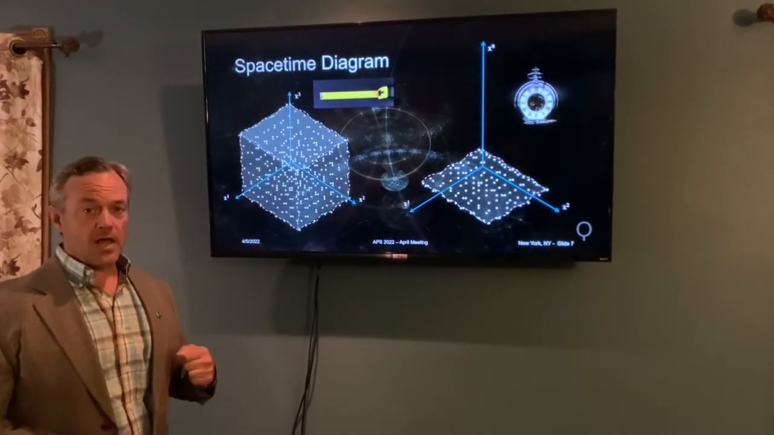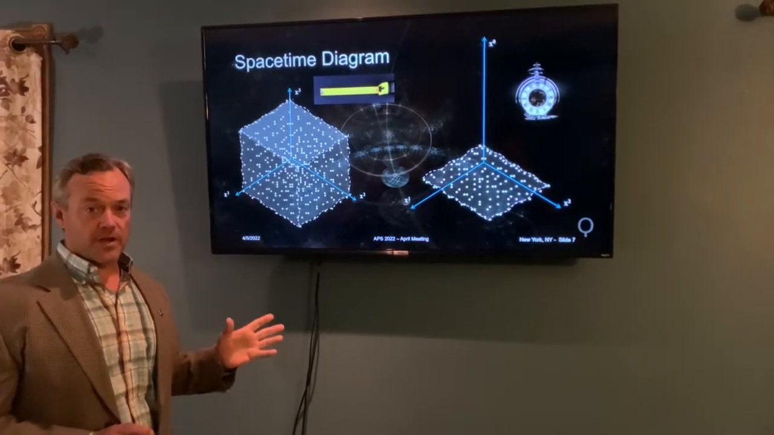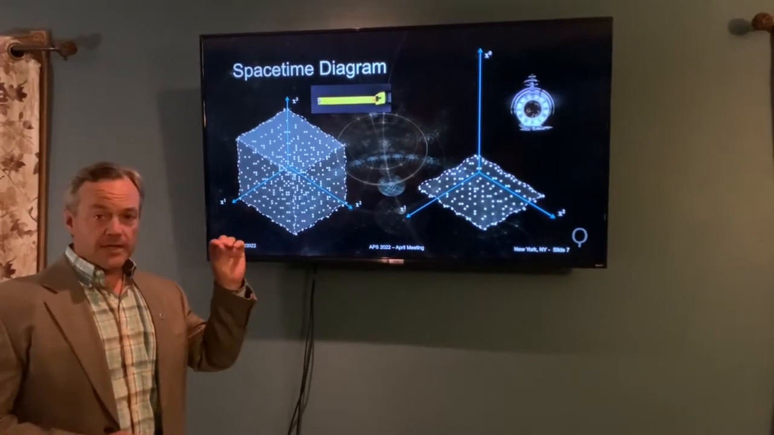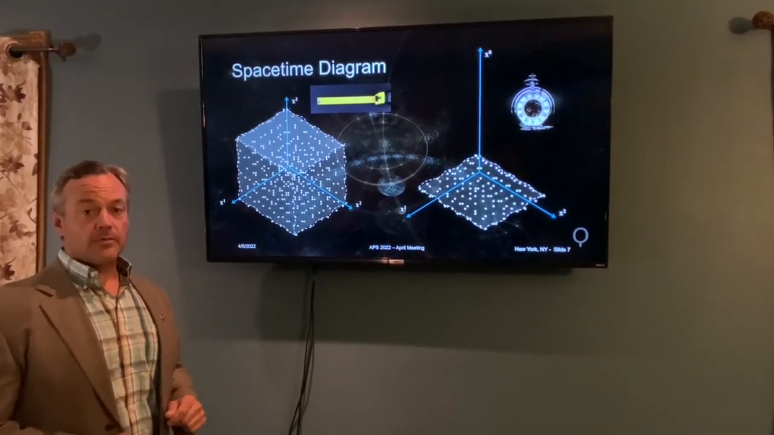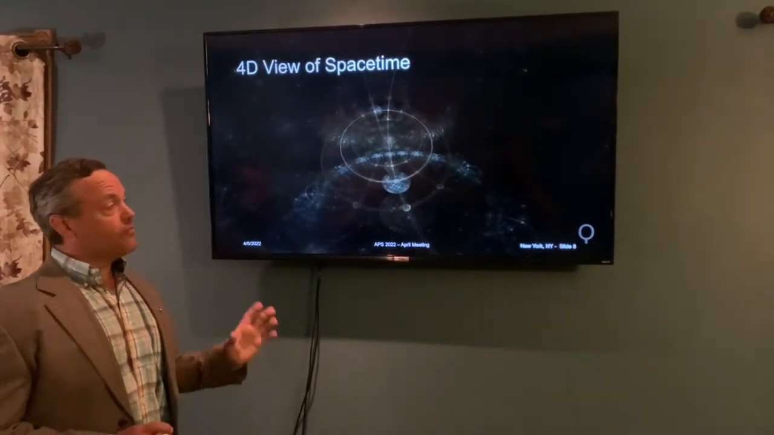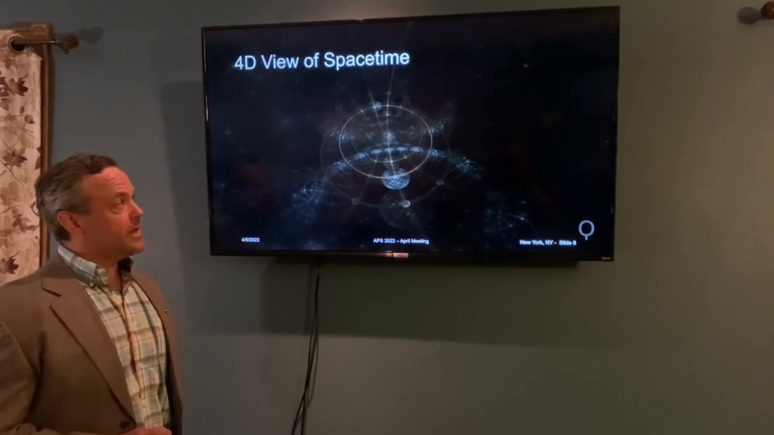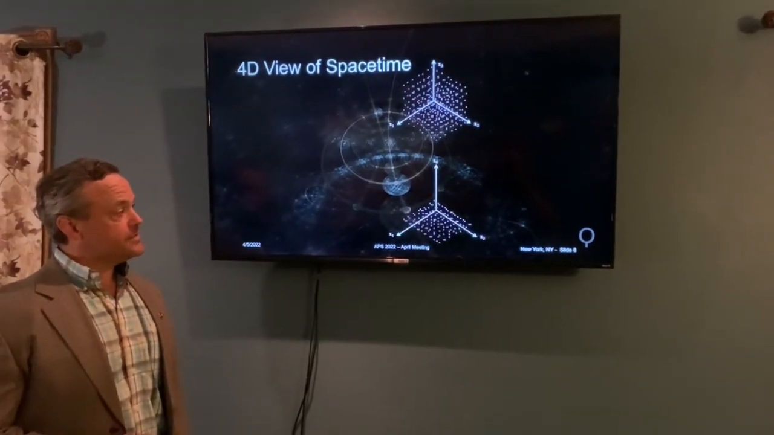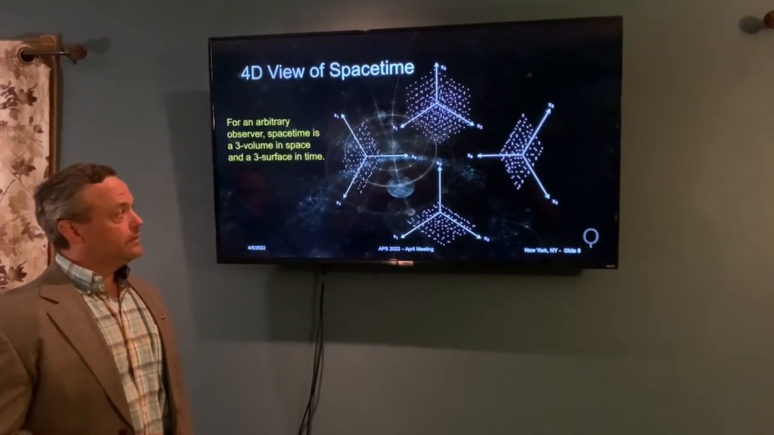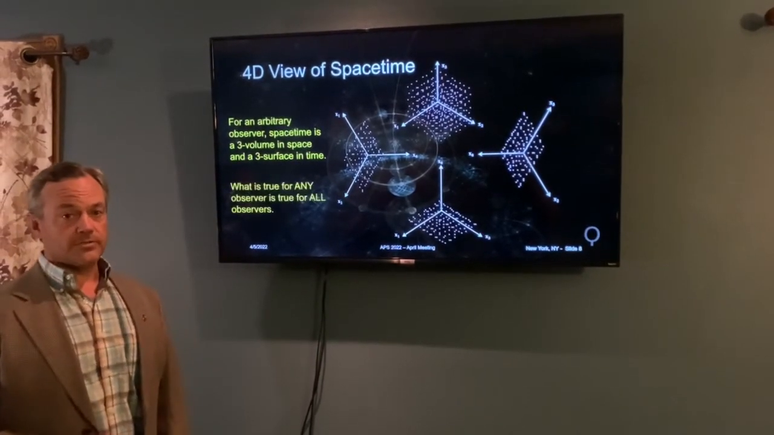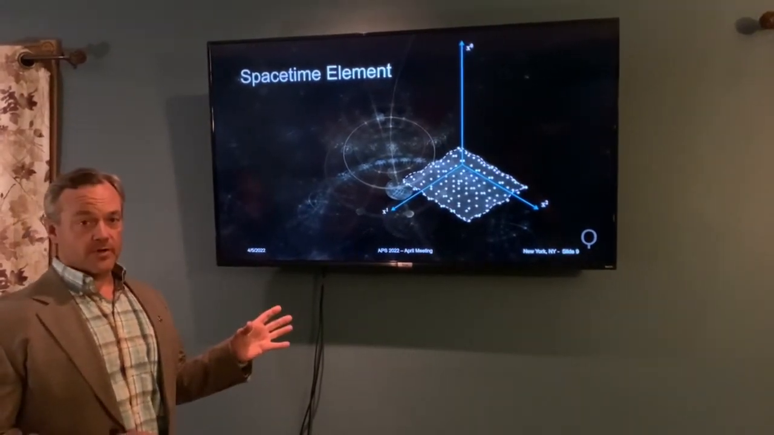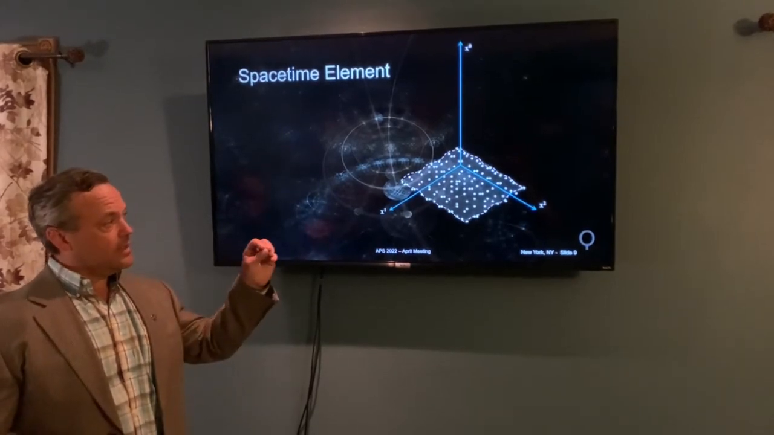See, we only have one clock. We have one time. Everything in your reference frame is all at an infinitesimally thin increment of time. And so your space-time diagram looks like this. It's a surface. In fact, our 4-dimensional view of space-time for every observer has a 3-volume and 3 surfaces of time with 2 spatial coordinates. And what's true for one observer is true for all observers. So I say that if space-time is a surface in time for every observer, then we can look at a little element of that